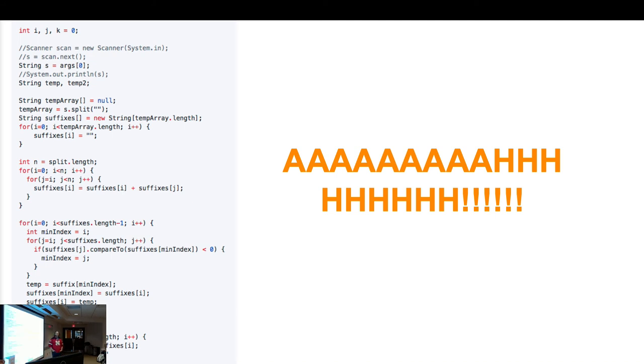Min index and then does a swap. That looks like... That's sorting it. It's selection sort, right? No. So,